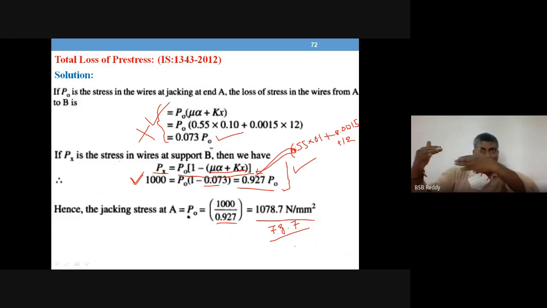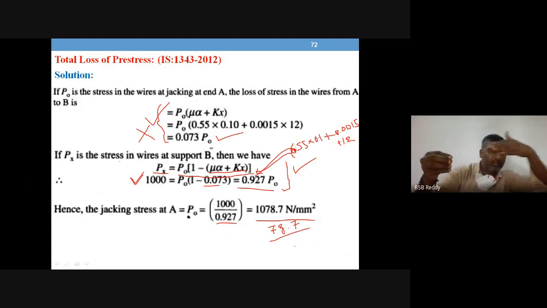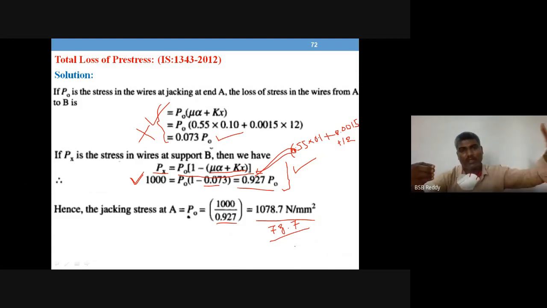So wherever it is moving, only the point which is not moving is the anchoring end. Okay, all other points are moving towards left. When you say the jacking is going on this way, all the frictional force acts in the opposite direction. So that is why you will lose some force whatever is developed. So that is what this is. Okay,